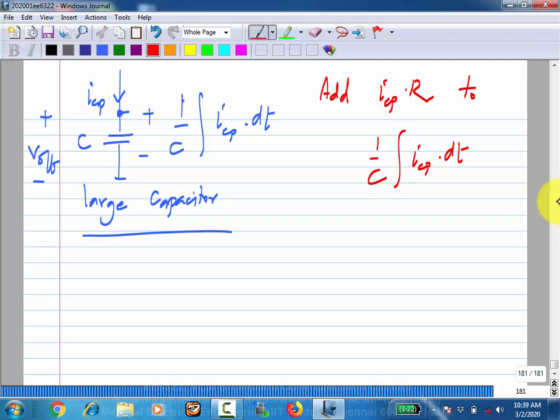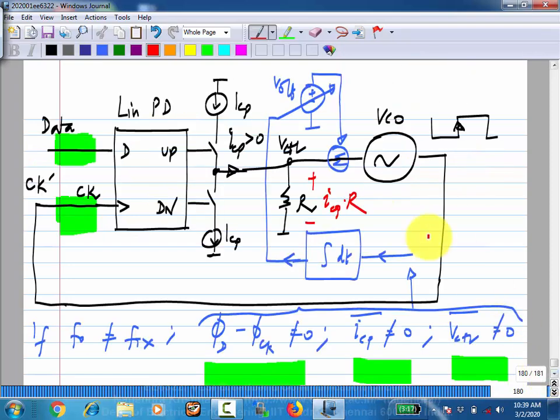So all I need is basically the same current. The current flowing through the resistor is giving you the original V control, and the current flowing through the capacitor is giving you the V offset, and what you apply to the VCO is the sum of the two. Okay. So you generate that directly by